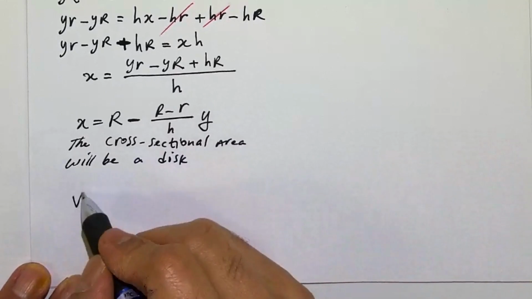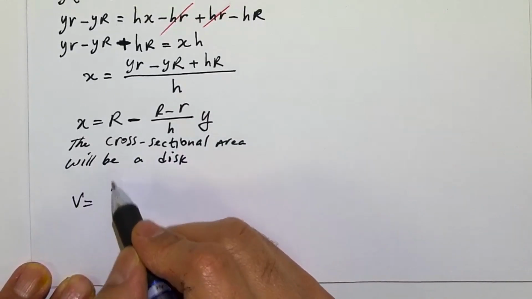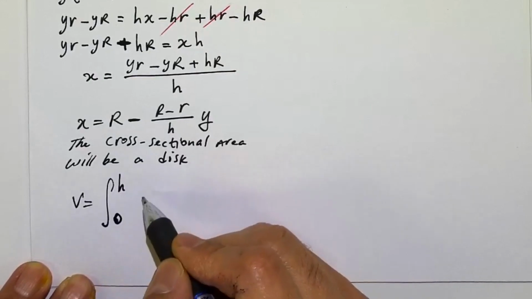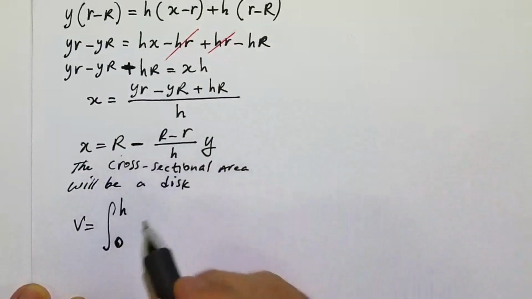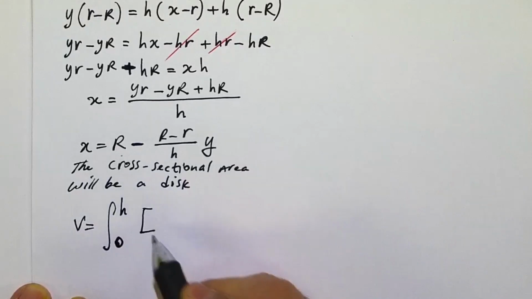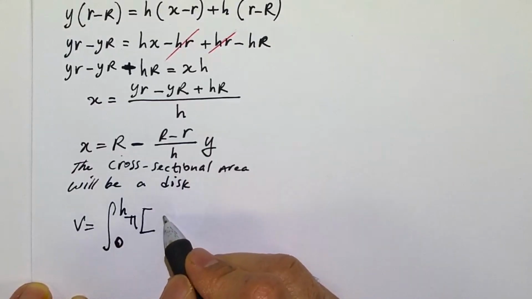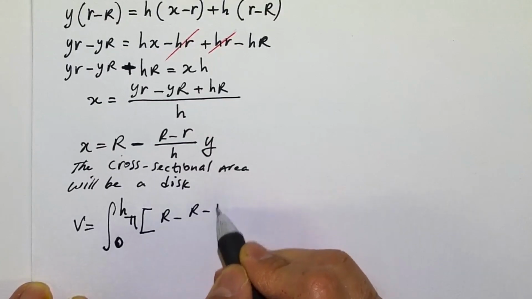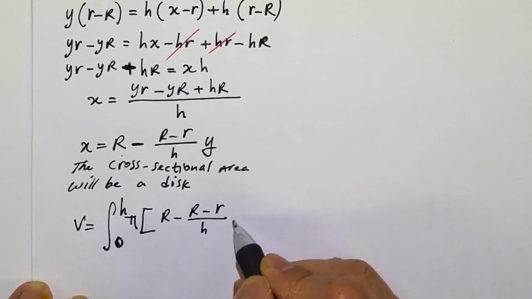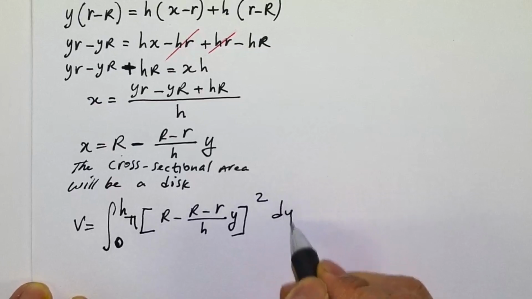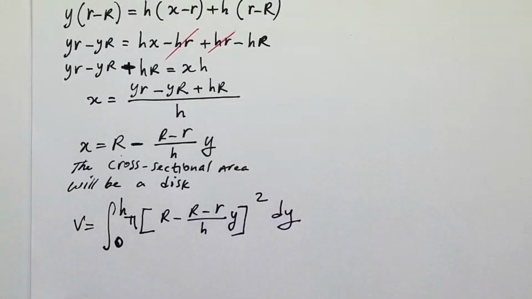So that will be from 0 to h, and we will integrate this expression, and pi, of course, right? So pi times